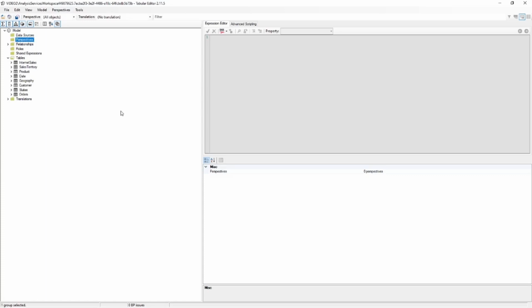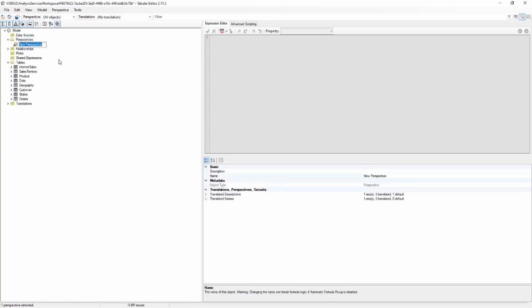But if they go to another report page, they could potentially see a different perspective with a whole other list of tables available to them. Okay, I like that. All right, so I'm going to start by creating a couple perspectives here. I'll create one perspective here we'll call Demo Perspective